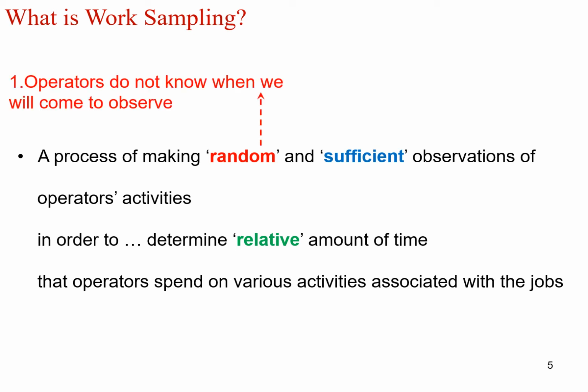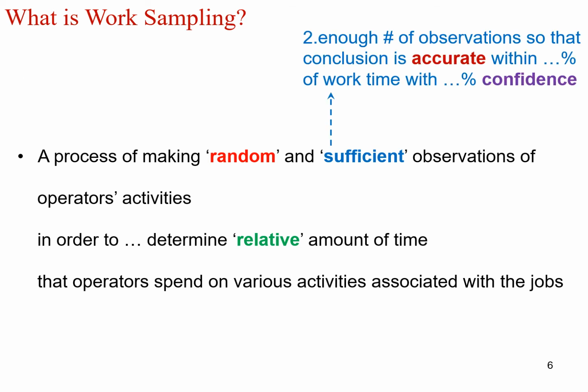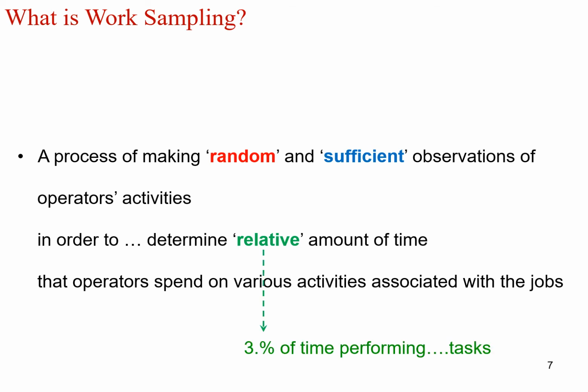By random, we mean operators do not know when we come to observe. By sufficient, we mean we need to make enough observations so that the conclusion is accurate within 8% of work time with 95 or 99% confidence. By relative, we mean percentage of time performing a specific task. Before we discuss pros and cons of work sampling, let us see how we conduct work sampling along with some